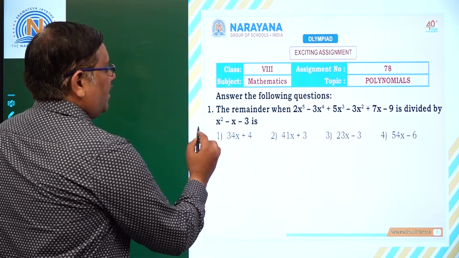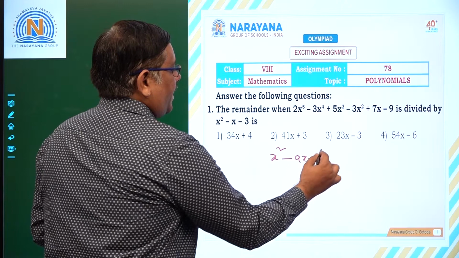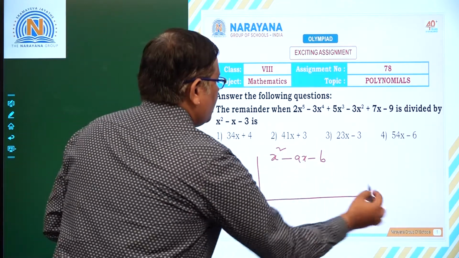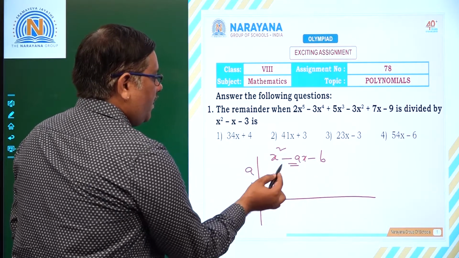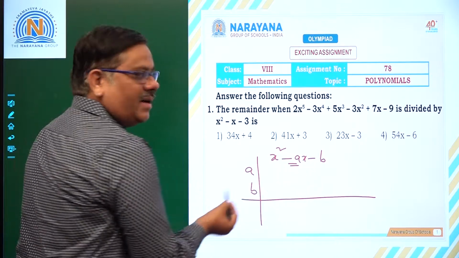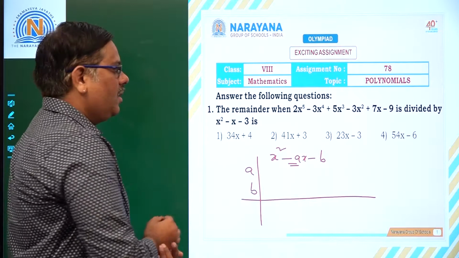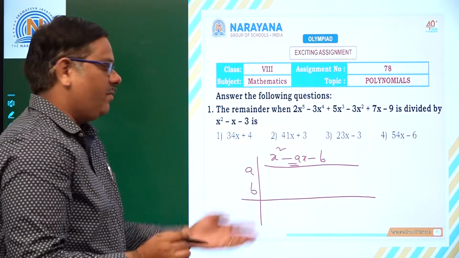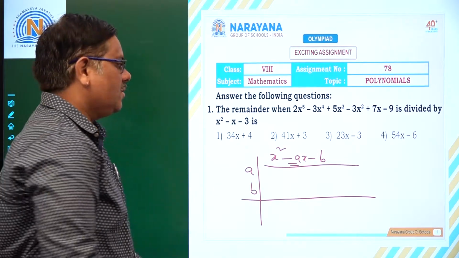First, if it is in the form of x^2 minus ax minus b, you have to take the division process in this way. This is x equal to a and x equal to b. You must have minus a, minus b here. Then respectively you have to take a and b. That is the rule. Then here you have to take the coefficients of the given polynomial. Then we continue the harmless synthetic division process, right? So this is important here.